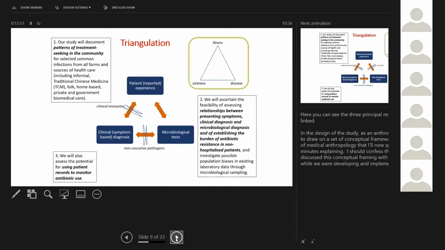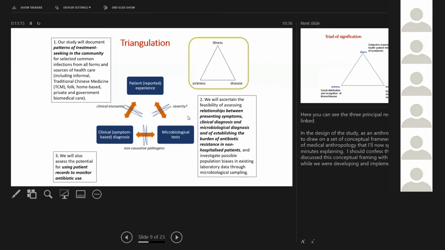In a similar way, there may be, quote, interference between the clinical diagnosis and the microbiological tests, including, among other things, pathogens which are cultured but are not necessarily the cause of the clinical illness that is seen by the clinician. And thirdly,